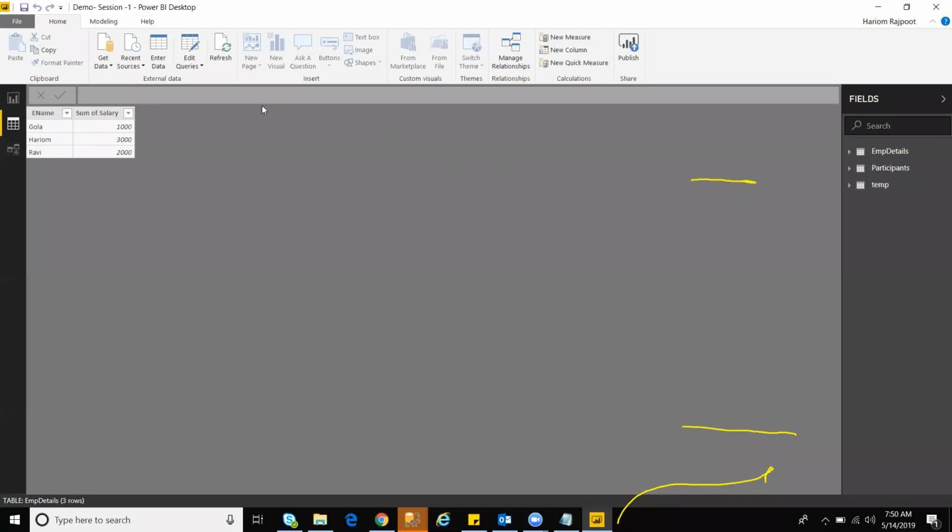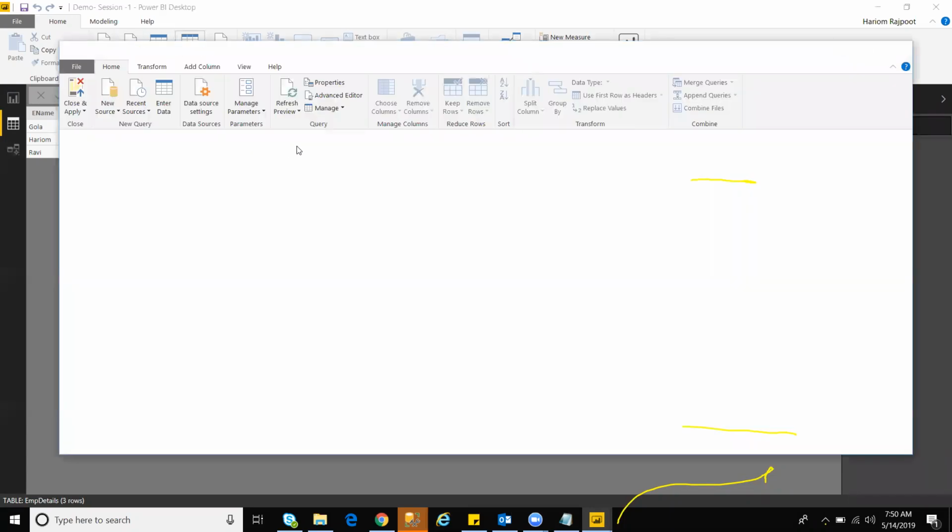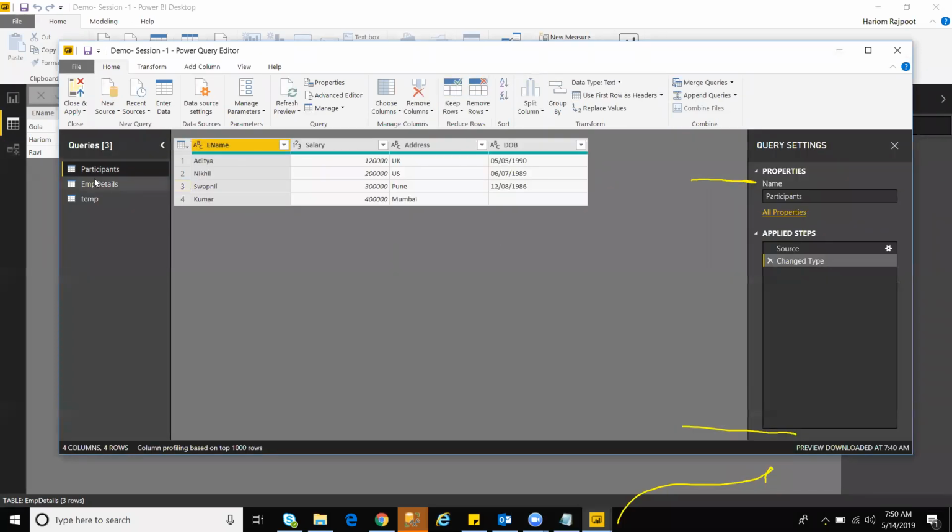Okay, before that, let's see something here itself. We have this edit query option. So you can go here and you can edit the query. This provides you modeling options. If you want to perform some kind of data cleansing or transformation, Power BI itself provides you transformation so that you can perform it. So suppose you want to remove a column, you want to keep the rows, you want to remove the rows,